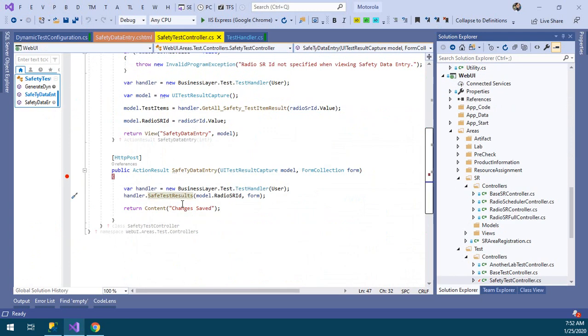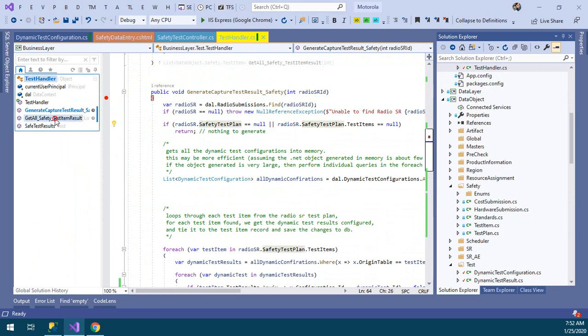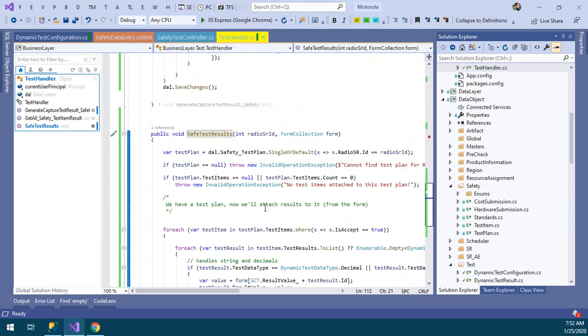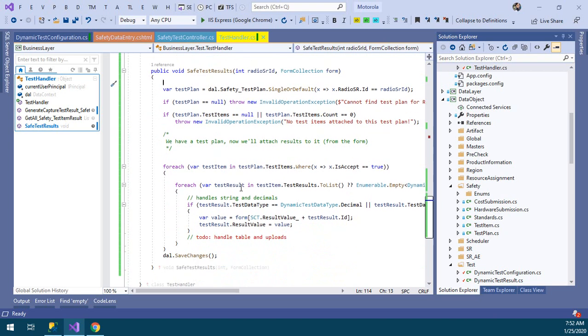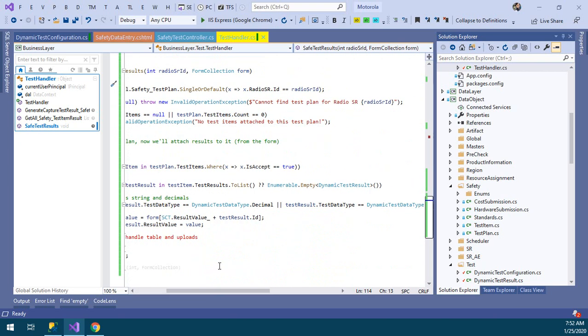In the safety test controller, we have the save method where it takes the ID of the radio SR and the entire form collection and passes it to the test handler. The test handler, while saving itself, will do the matching, and if you look at the code, you'll see definitely why it is doing that. It just gets basically the form, the value and the ID, and saves it to the column. Okay,